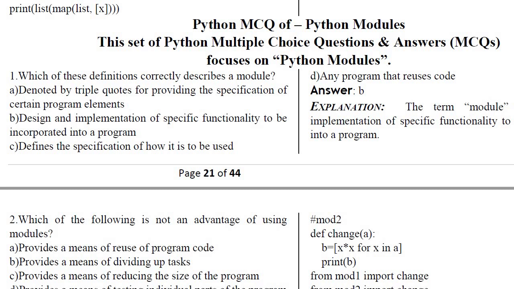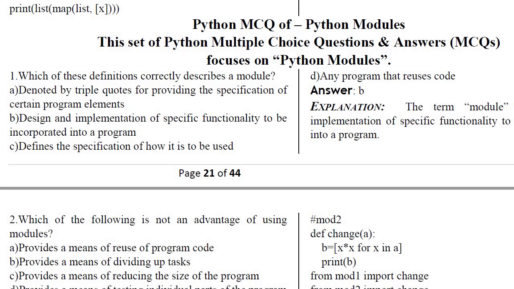If someone asks you for the definition of a module, the module itself says it is the implementation of a specific function that you want to incorporate in your program. As I told you, we can include the math module if we want to use the square root function.